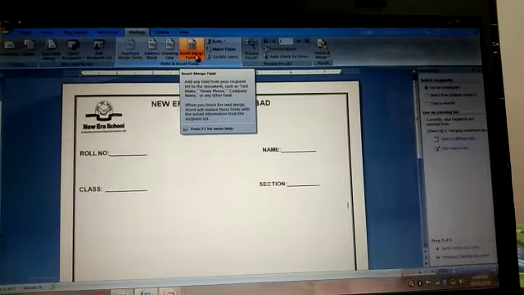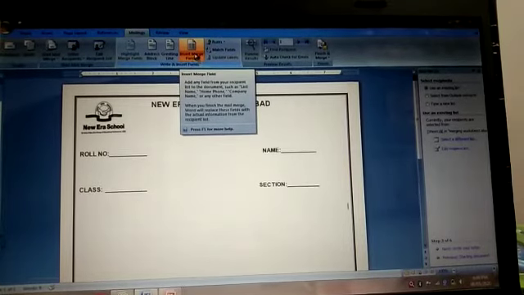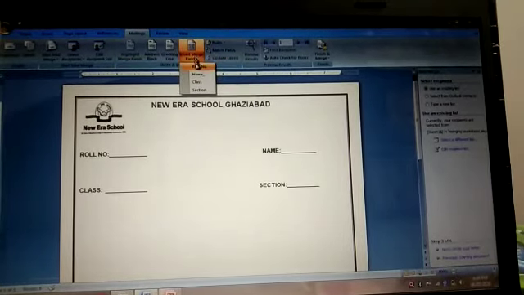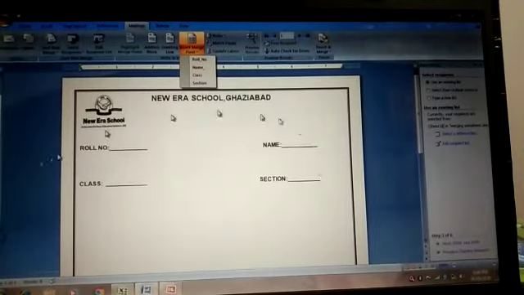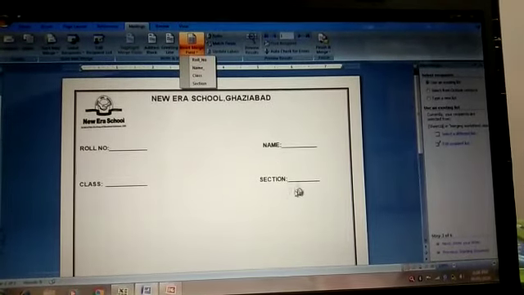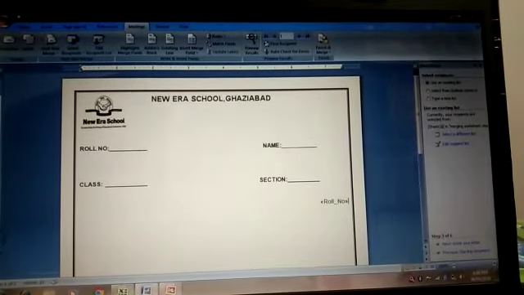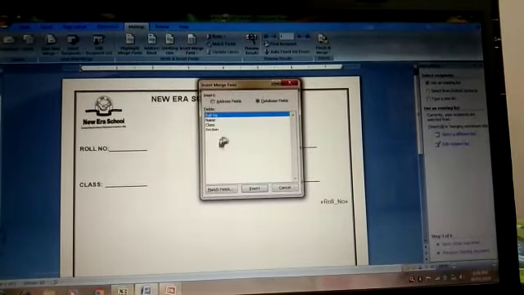Here you can see insert mail merge field. So what were our records? Roll number, name, class and section. Here you can see in the main document, it is showing the roll number, name, class and section. So first I want the roll number. I will just click it here and go here and insert roll number.